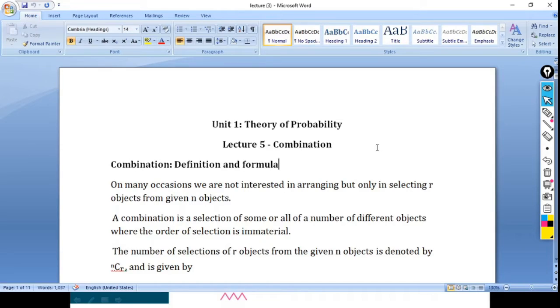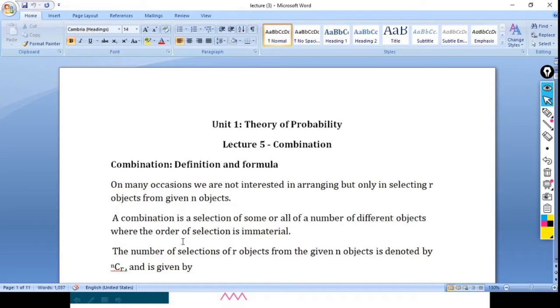In permutation we need the order of arrangement. That means order is important in permutation. But in real life situations, every time we are not interested in arranging the data in a particular order; sometimes only selection is sufficient. And that's why we have the concept of combination. So a combination is a selection of some or all of a number of different objects where the order of